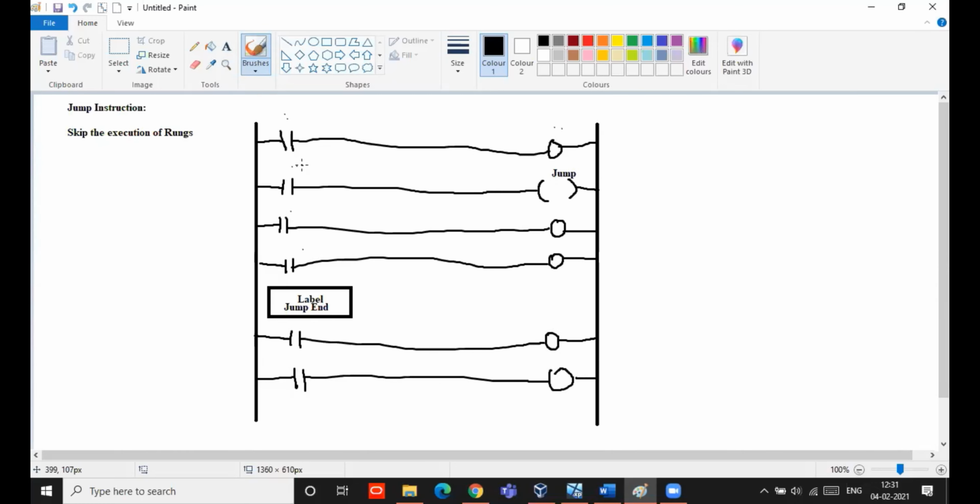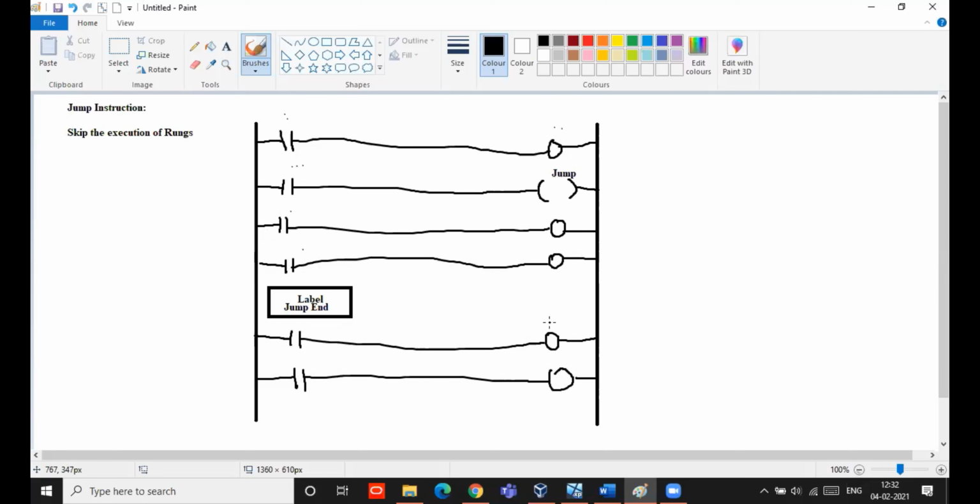But after this jump end instruction, if you give the input, the output will work normally. So the use of jump is to skip the execution of certain rungs.